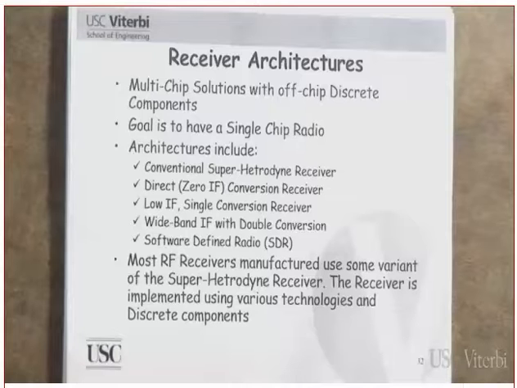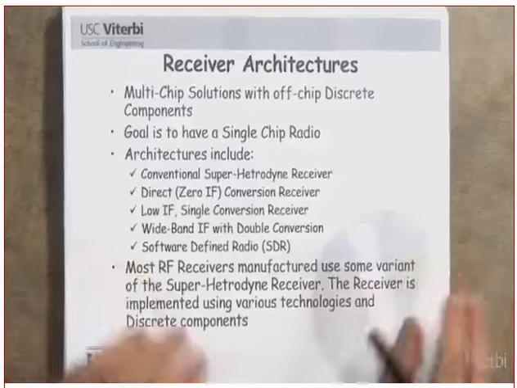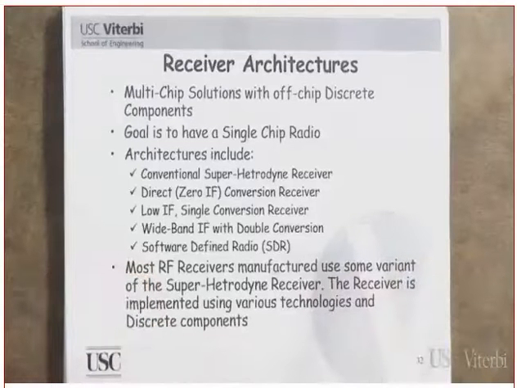We saw that we could have a superheterodyne transmitter, where we go from the baseband to the IF to the RF, or we could have a direct conversion transmitter, which goes from the baseband directly or immediately to the RF. Today we are going to be looking at the receiver architecture, and again, as I told you,